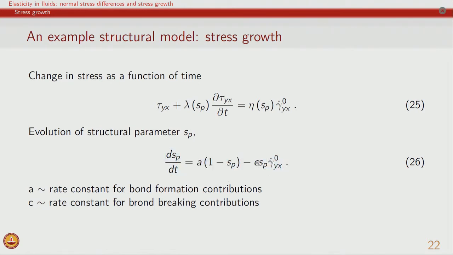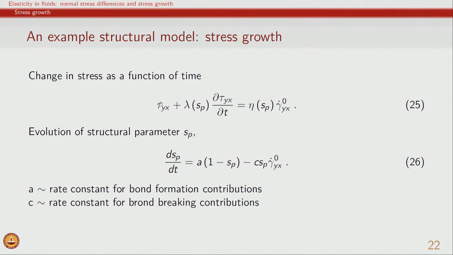including two terms. The breakage rate, as we have been saying, is also strongly dependent on the shearing. In the absence of shearing, there is no breakage, and in that case the material will go to SP equal to 1, when finally even the formation rate will go to 0. In the absence of formation, you will only have breakage, and in that case there is no reverting back to the cluster that was there. So, therefore, we have both the formation and breakage term. The rate constants A and C signify how fast or slow the formation and breakage rates are. So, these two equations together govern the response of material, and this is an example of a structural model, because